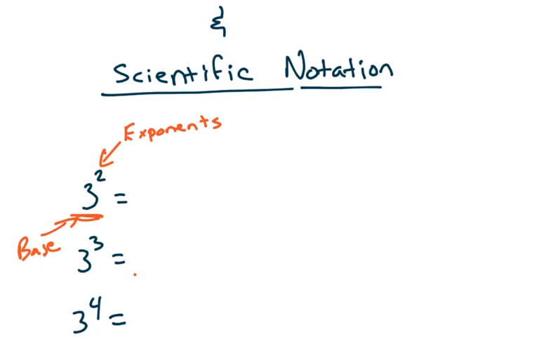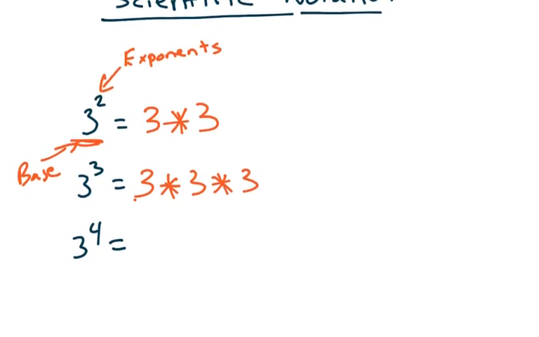itself. So 3 squared means 3 times 3. 3 cubed means 3 times 3 times 3. And 3 to the 4th means 3 times 3 times 3 times 3. What it essentially does is it just tells you how many times a number is going to multiply by itself. Now, clearly exponent rules can get a little bit more complicated than this, but this is just the initial concept